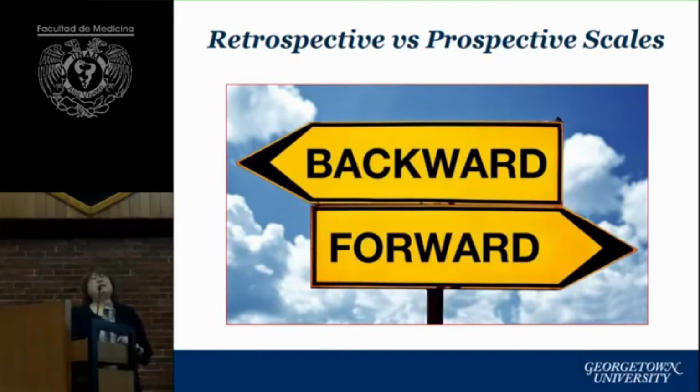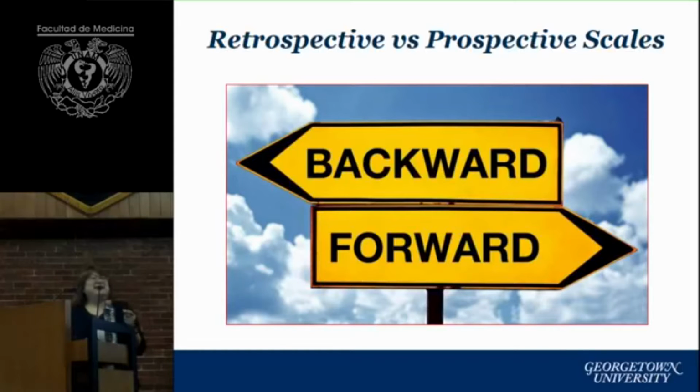The other very important thing I want to bring up is that as you look at the way people implement entrustment supervision scales, there are 2 different ways to use it. One is to look backwards, and one is to look forwards. The ones that look backwards basically ask, how much supervision did you have to provide? The ones that look forward ask, how much supervision do you think the student needs next time for the next